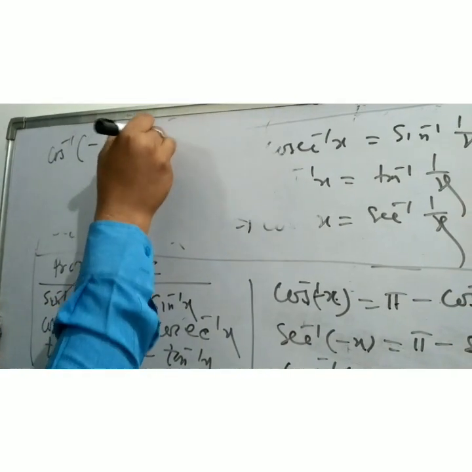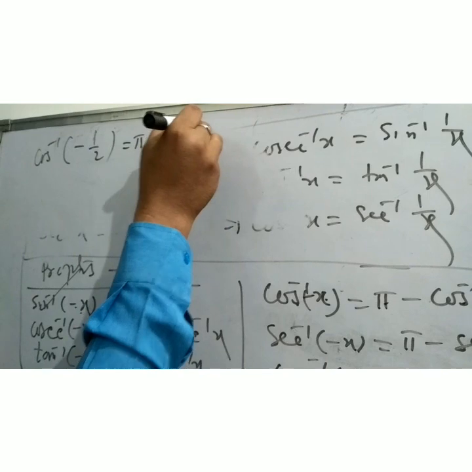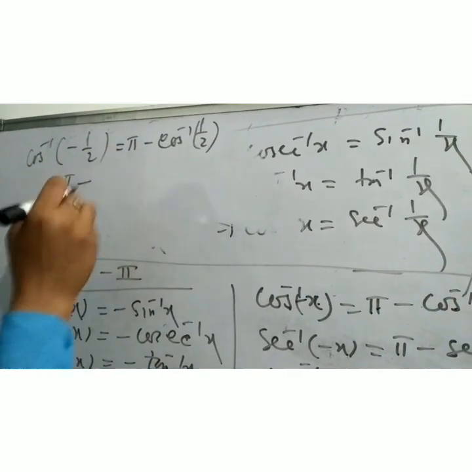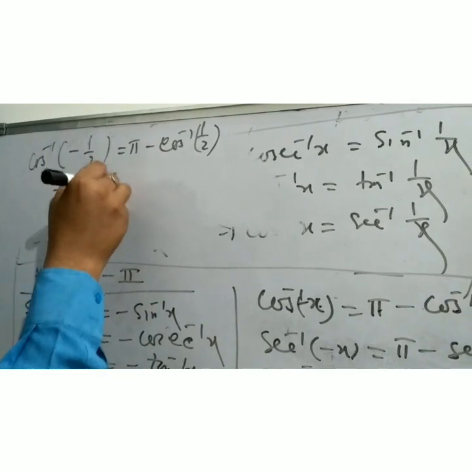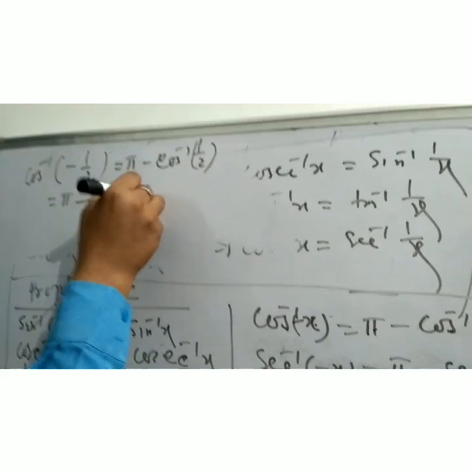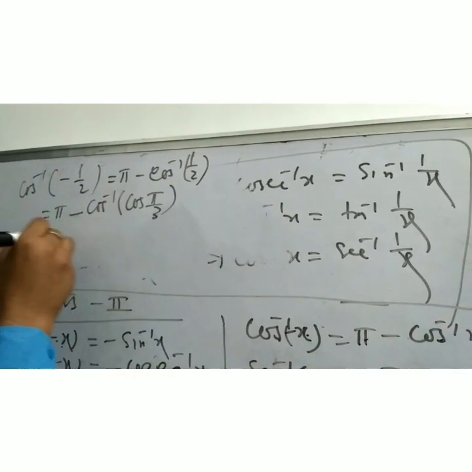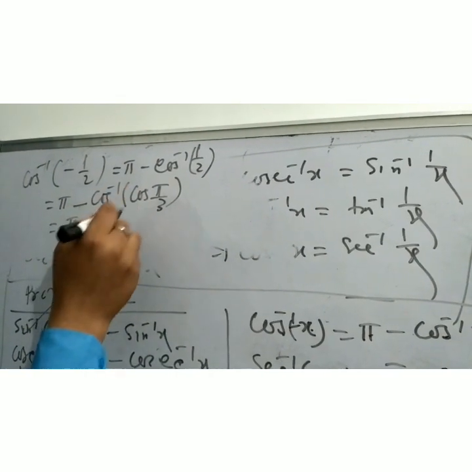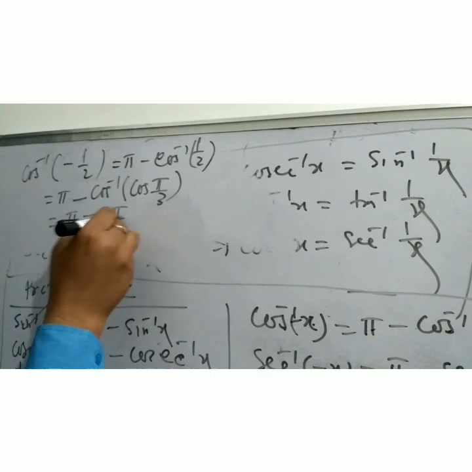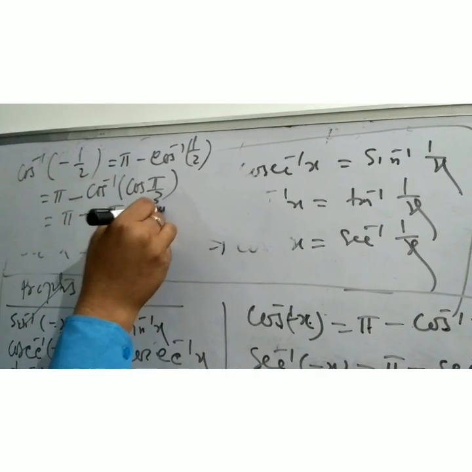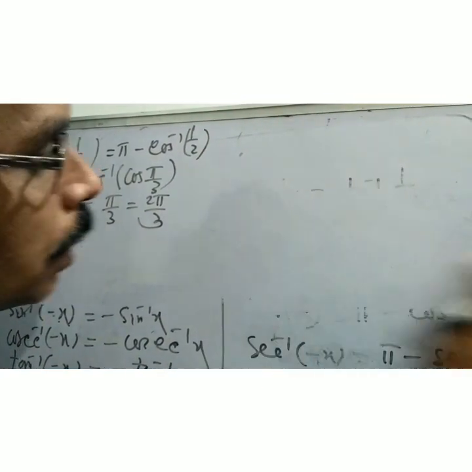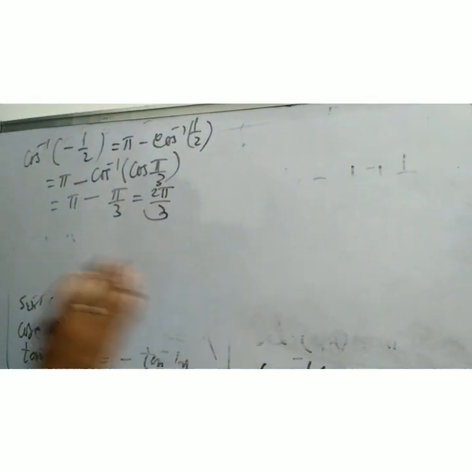So it will be pi minus cos inverse 1 by 2, that is equal to pi minus, what will be, cos inverse, it will be also cos pi by 3 value. So that is equal to pi minus cos inverse cancel, that is equal to pi by 3. So the result will be 2 pi by 3. Are you getting it? Now basing this on exercise number 1, that is 2.1.